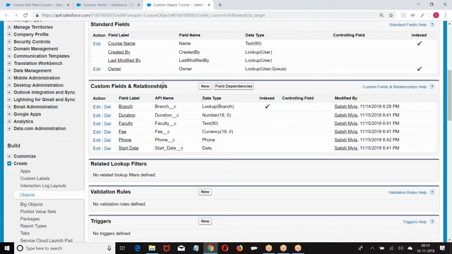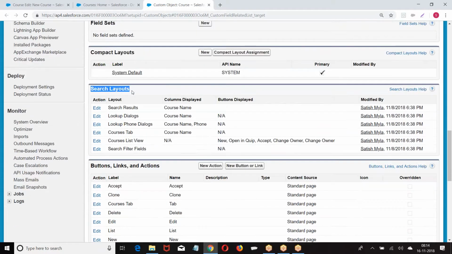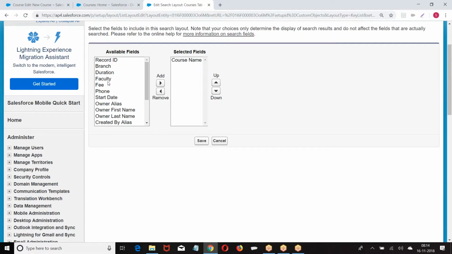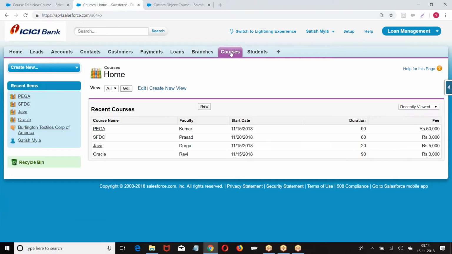Look at this. Custom fields. Scroll down. What are you finding here? Search layout. Here we have the course tab. When you click on the tab of an object, which fields should be displayed here? Go to the course object, click on the tab.